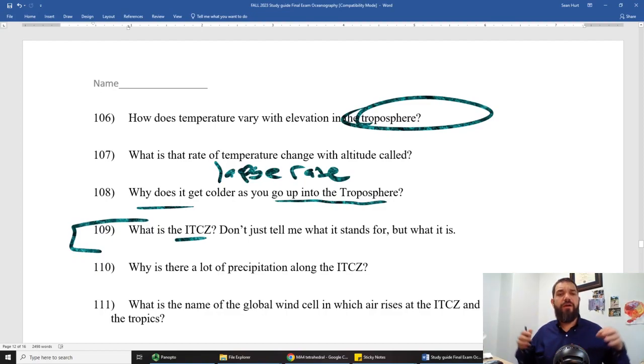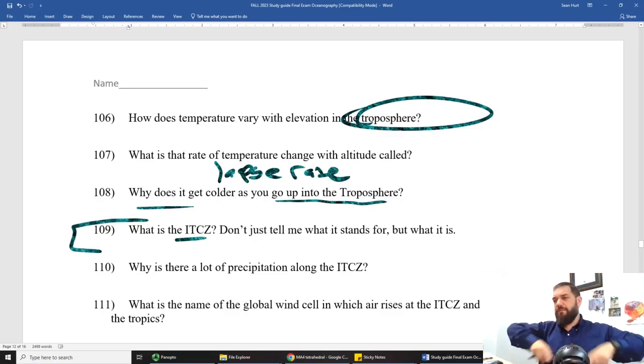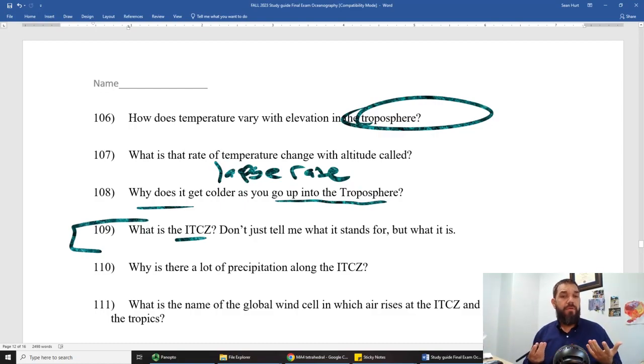It's near the equator, and air is constantly rising there. As it rises, the air also has a lot of humidity. It's hot at the equator, right? You might remember that hot air can hold more water. So that hot, humid air rises, it cools adiabatically, and then it hits the dew point and you get precipitation,